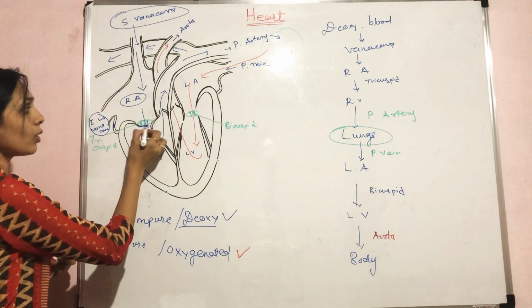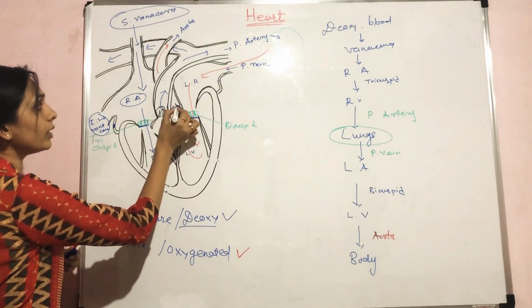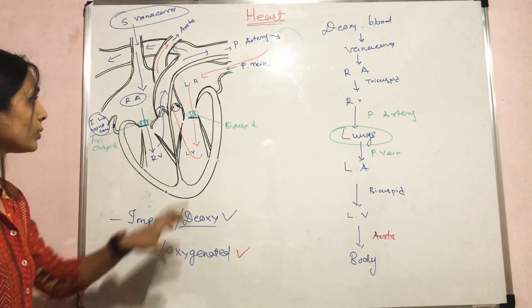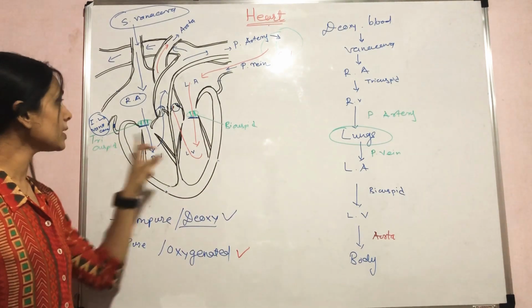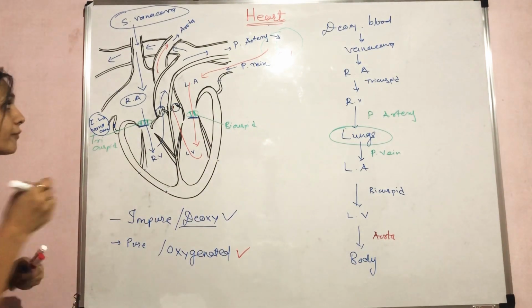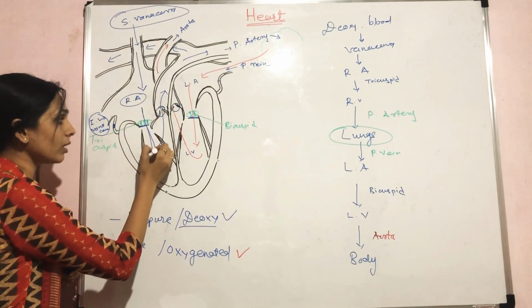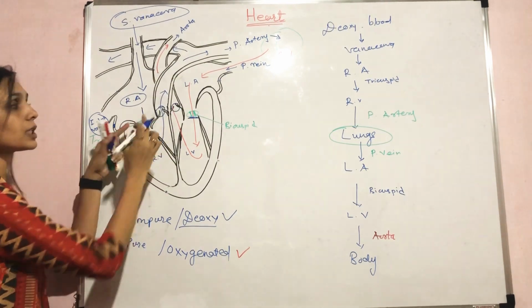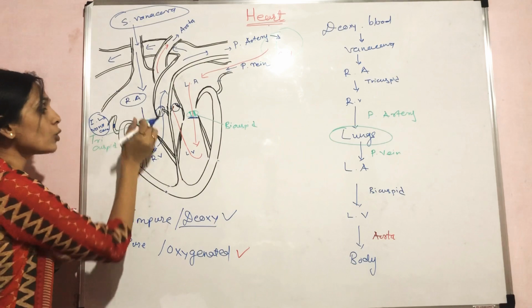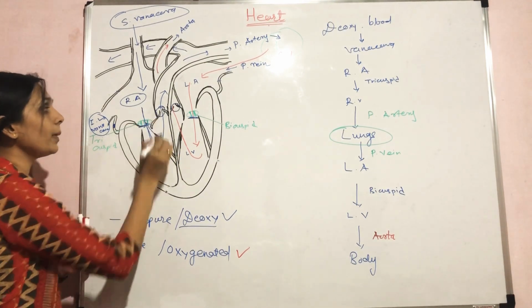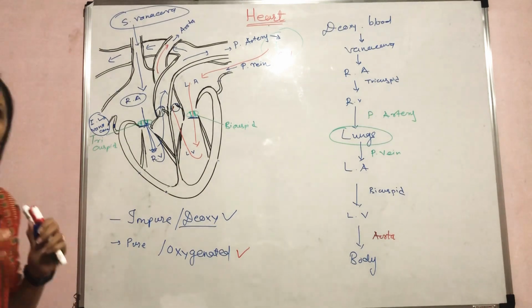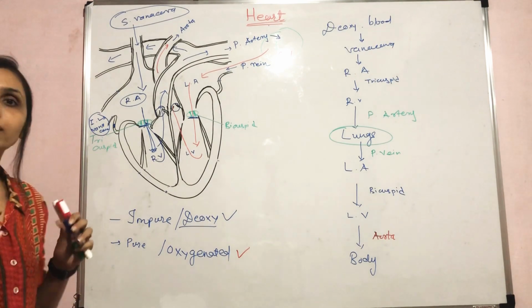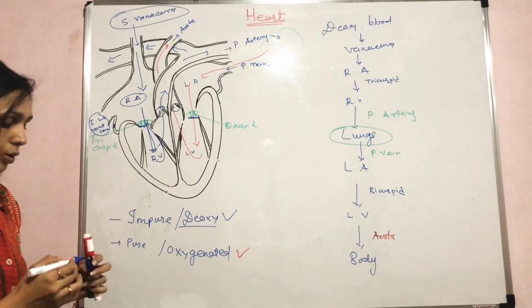You can see here first, second, third and fourth. You will study this in higher classes. So this is the basic structure. I forgot to mention the function of the valves. After the blood comes from the right atrium to the right ventricle, it passes on to the pulmonary artery, and during this time the tricuspid valve closes. Why does it close? If it is open, then under pressure the blood will flow in reverse. So the function of the valve is basically to prevent backflow and maintain the direction of blood. So this is the structure of the heart.